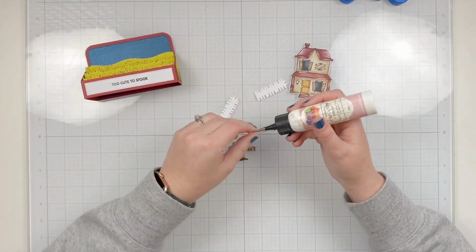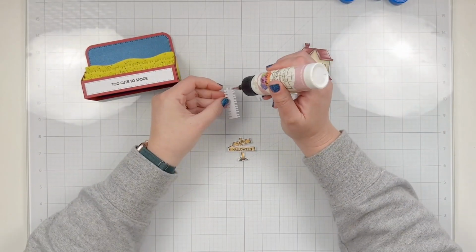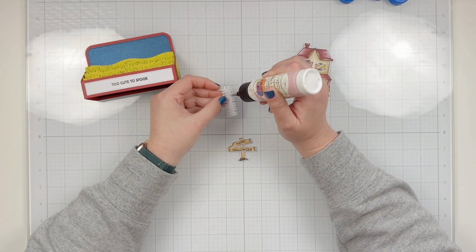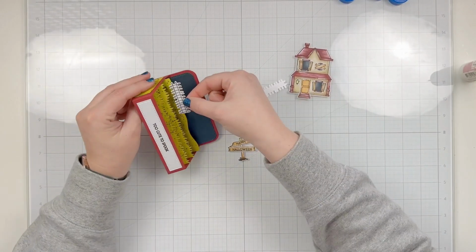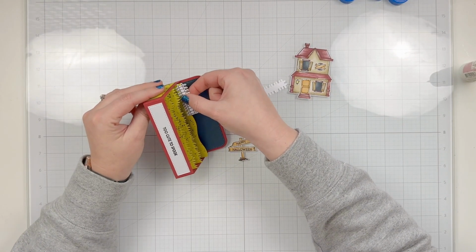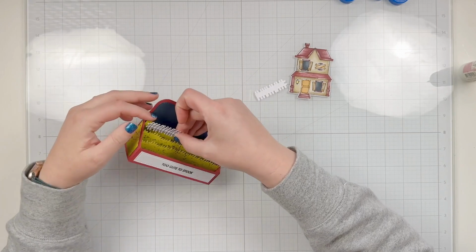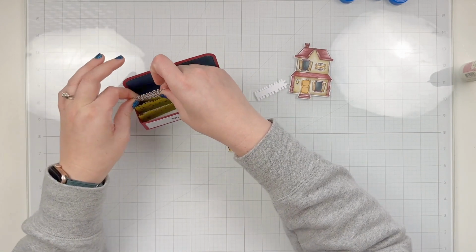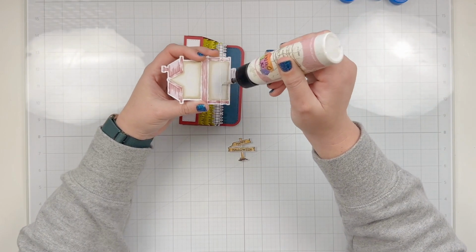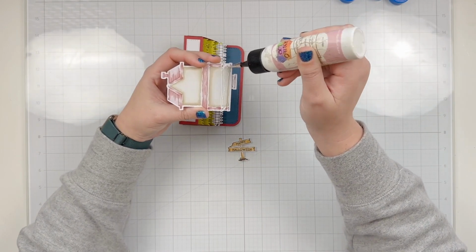I die cut the fence out, but I wanted to fit all the way across the back side of my scene, but a lot of it would be covered behind the house. So I just went ahead and cut my fence in half so I could glue it, one side all the way to the left and then the other side all the way to the right. There will be a gap in the middle, but you won't see it